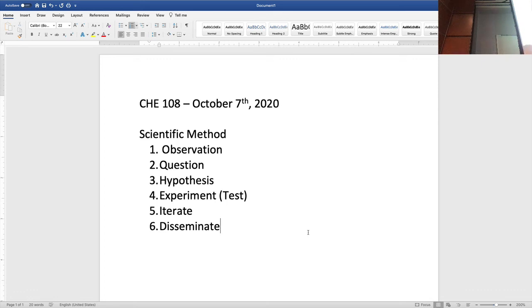Okay? And just like I said, if you end up being a physician, you're going to be doing this. You're going to make an observation. You're going to ask a question. You're going to form a hypothesis. You'll call it a diagnosis, but that's what it is. And how does a physician experiment on you? Your actual tests, and see how you feel in a week after they give you some sort of treatment, right? Oh, I think what you have is a bacterial infection. Here's an antibiotic. Come back and see me in a week. That come back and see me in a week is not about getting another fee from you. Okay? It's about